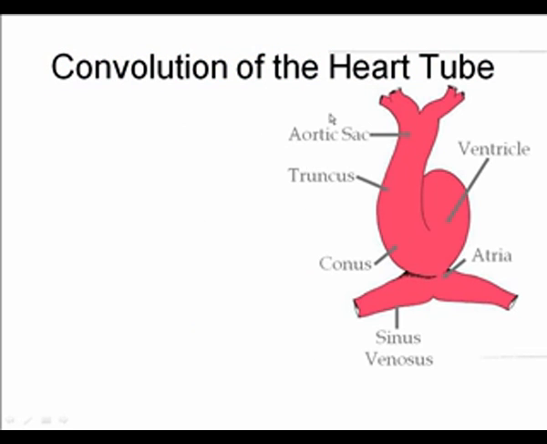So if we look at the convolution of the heart tube, what we're going to see is there will be a bulboventricular loop that forms and an atrioventricular loop. The bulboventricular loop forms between the bulbus cordis and the ventricle, and that loop goes forward or ventrally and caudally. The atrioventricular loop is going to go posteriorly and cephalically,